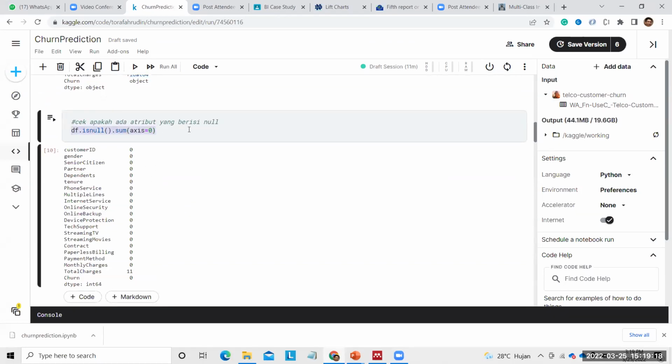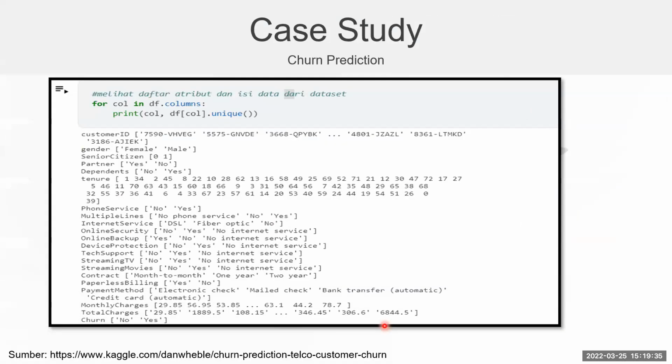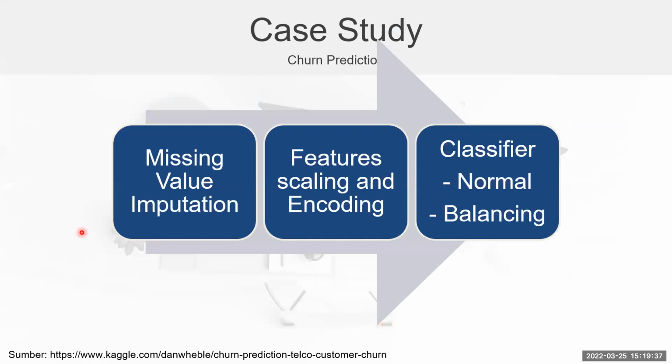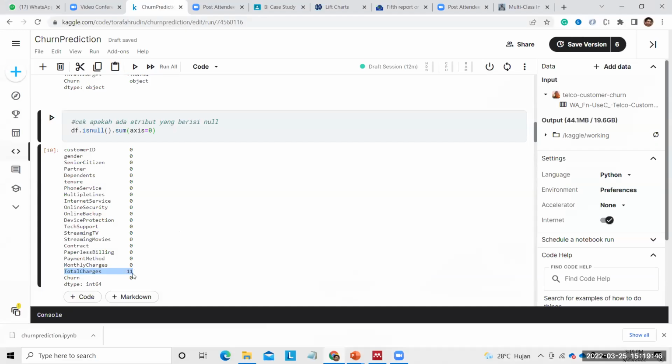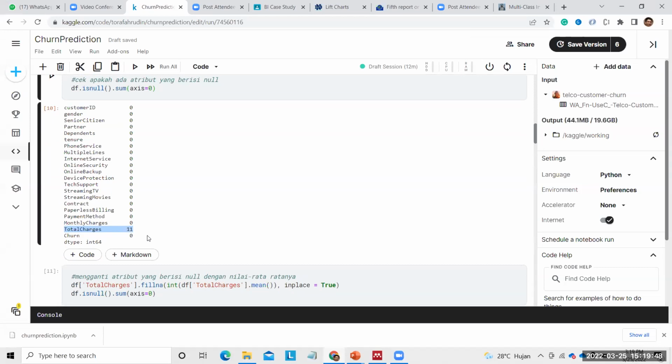And we can check whether there is a null in that attribute. In total charge there are 11 null data. We can use a missing value imputation method to fill those 11 data.